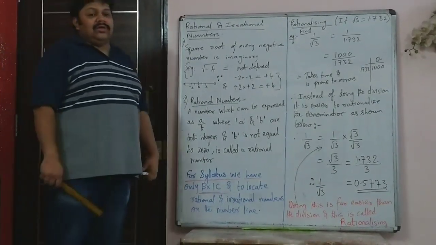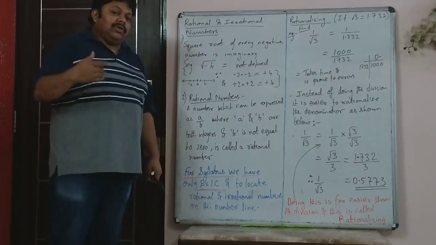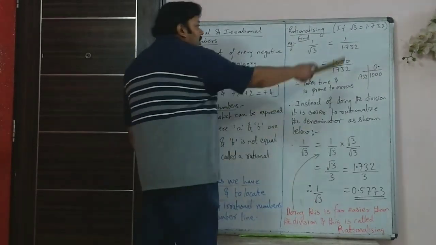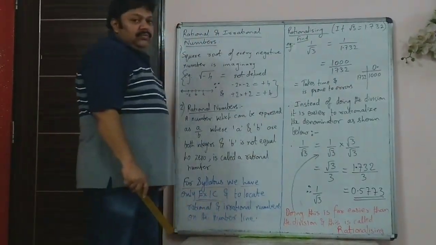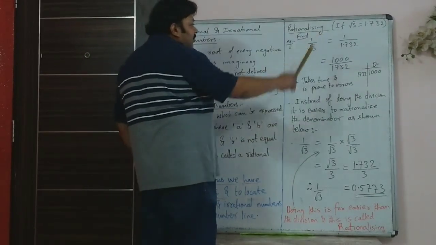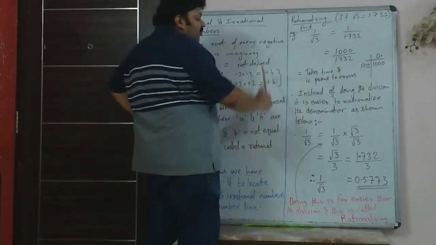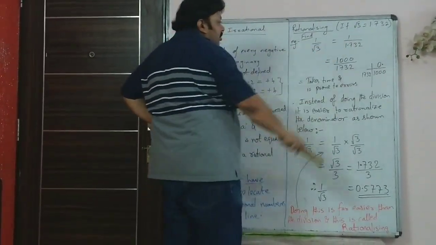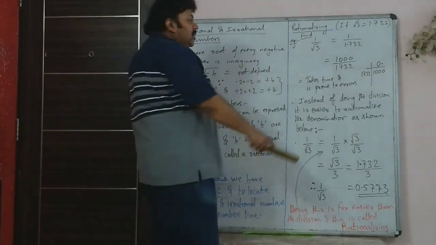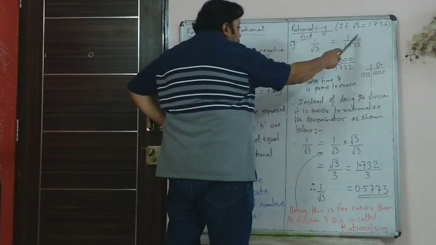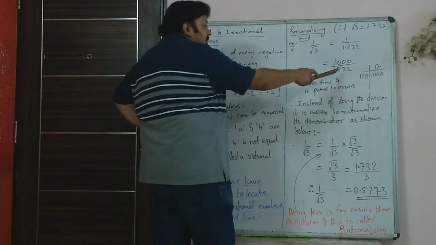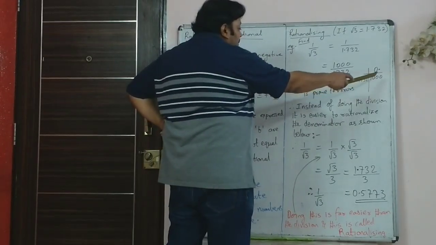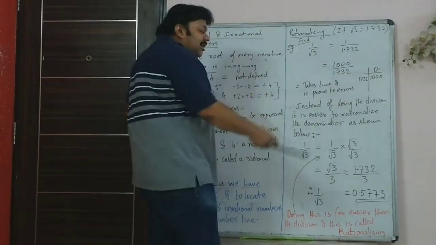Now before you do exercise 1C, in order to understand what is the use of this rationalization, we will see a very simple example. We all know that root 3 is 1.732. So if you are asked to find 1 by root 3, it will be 1 upon root 3's value, we substitute 1.732. So we can shift 3 decimals and put 3 zeros in the numerator. So it becomes 1000 upon 1732. So now we can do the division 1732 and 1000. So that's a long method.